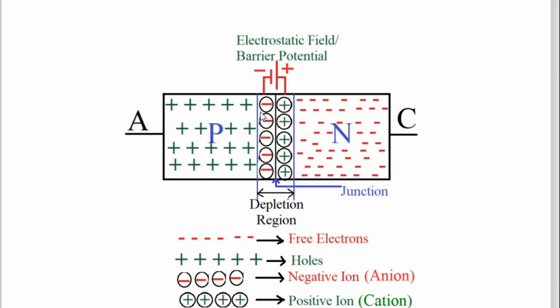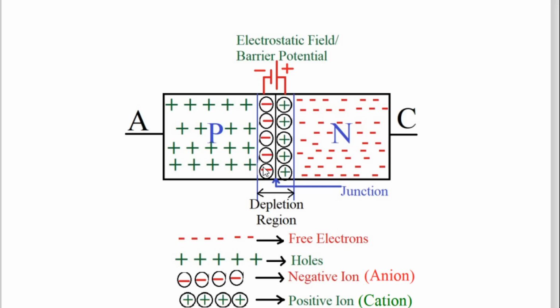Now the question comes here: how long will the electron migration continue from this side to that side? How long will the migration of electron from the right hand side, meaning n type material, to the left hand side, meaning p type material, continue? So here you will get the answer: when the atoms on the left hand side of the junction, meaning atoms of trivalent impurity, gain the electron and complete the octet,